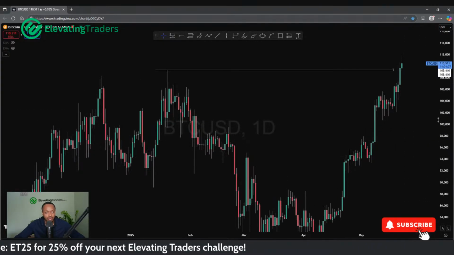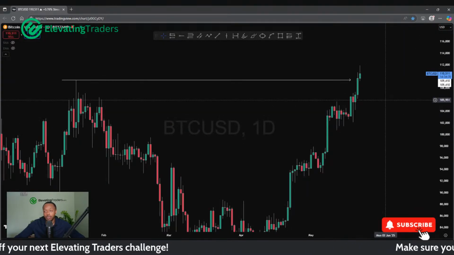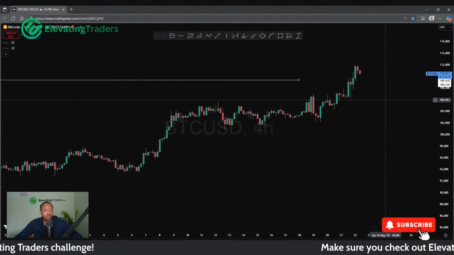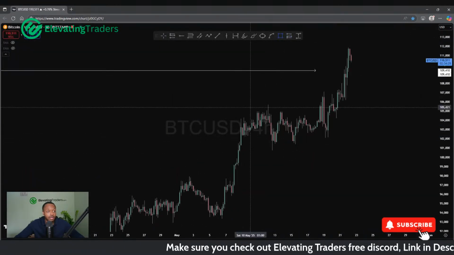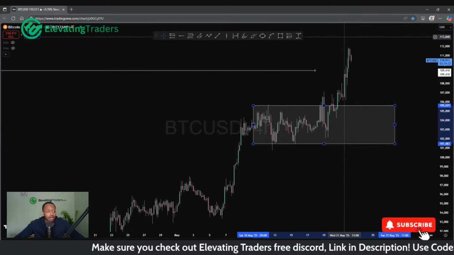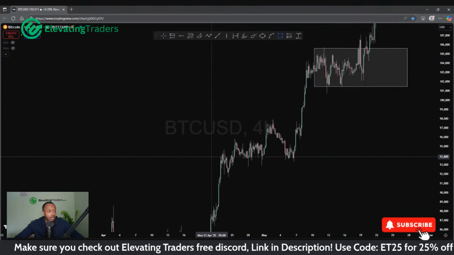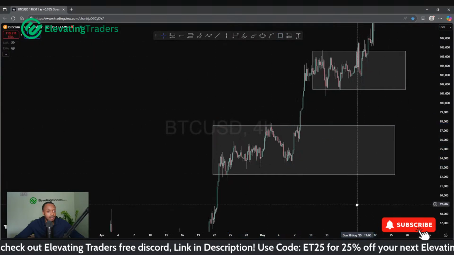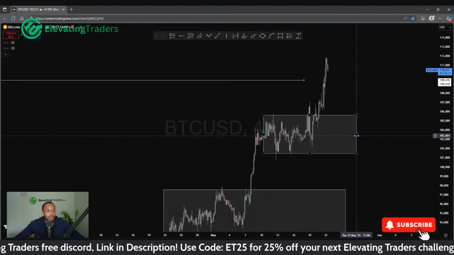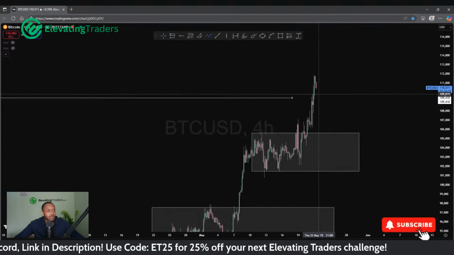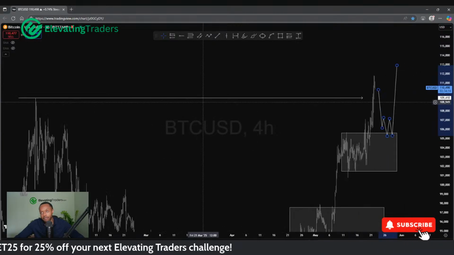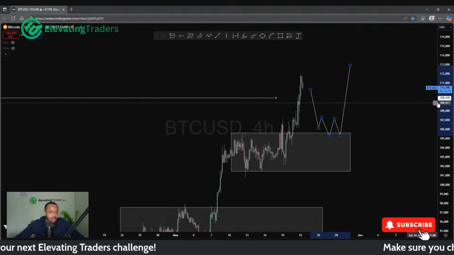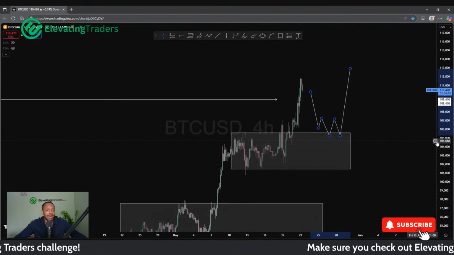That's a bit of a red flag. But I would still say from a trading perspective, things are bullish, so I wouldn't be looking to do anything apart from buy the market. I mean, this is a lovely consolidation, which started a lovely move to the upside. We had one over here. Price didn't come back to retest that one. Perhaps price would be kind enough to retest this one, especially since we've created the all-time highs. Might see people start to sell some of their positions. Maybe that could bring price back down.